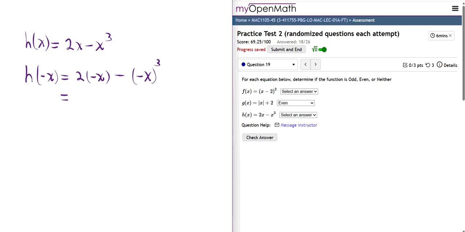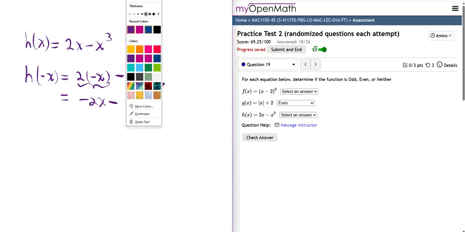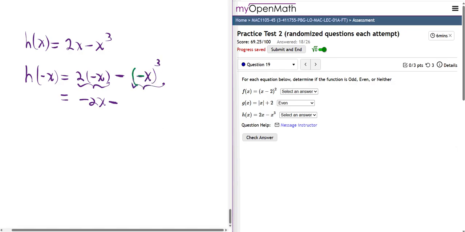Okay, now this becomes negative 2x, and for this part right here, I'm just copying down the negative that's already there, but now let's focus in on how to simplify this right here. Well, it's going to be negative x cubed because